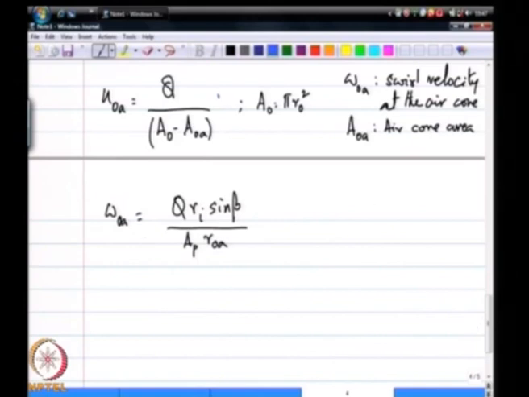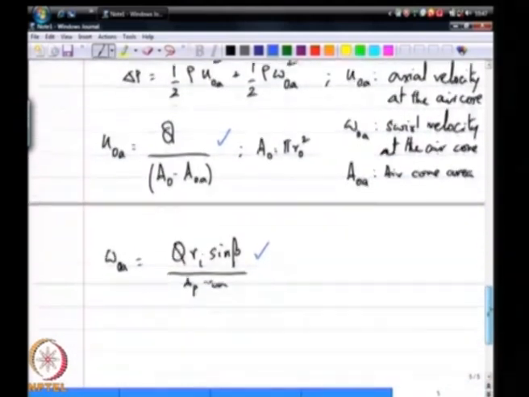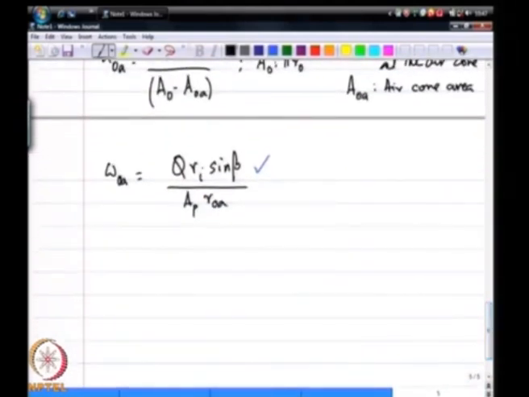Okay, so, I can now substitute these two equations into the Bernoulli's equation at the air core. What do I have? Delta P would then become half rho